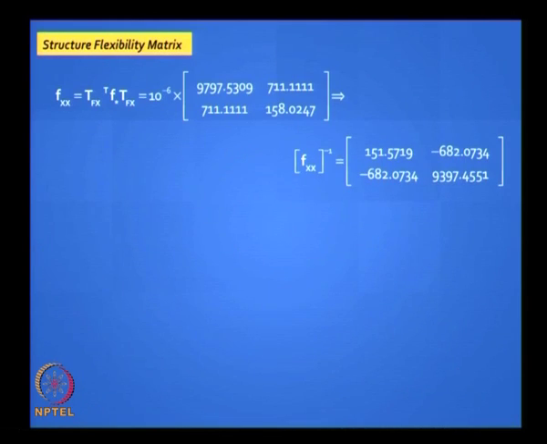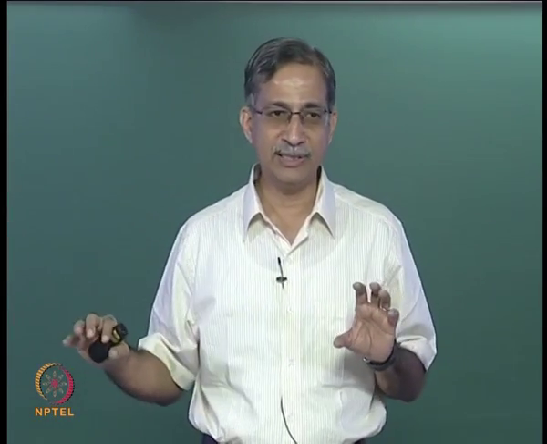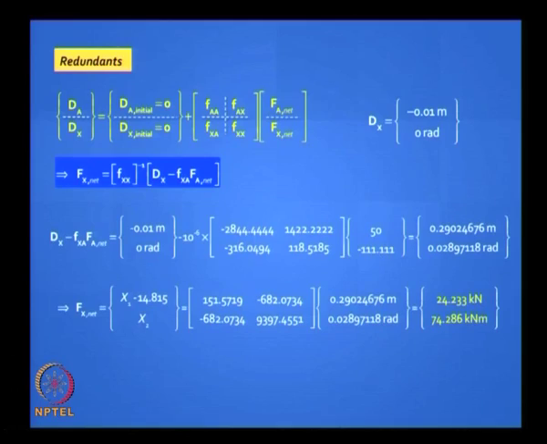Then you do the operation and generate your matrices, you can do them separately. Fxx is Tfx transpose F star Tfx, and Fxa is Tfx transpose F star Tfa, Faa is Tf transpose F star Tfa. Is it clear? Or you can deal with it all together and then partition it at the end, but this is much easier to handle. Find the inverse of your Fxx matrix, find your redundants, okay, plug in those values, you get your solutions as